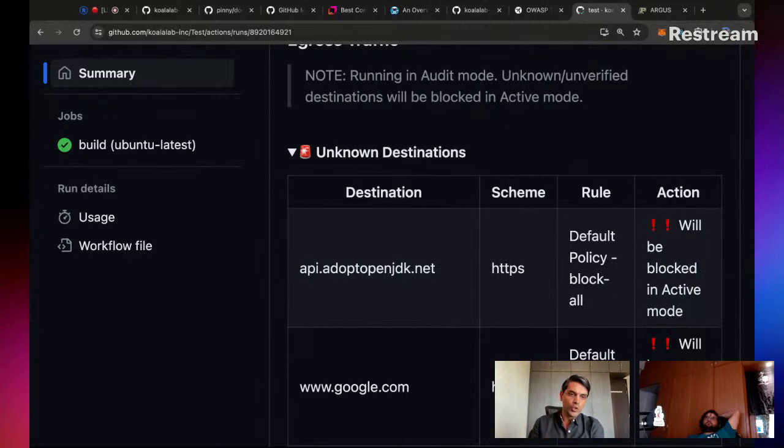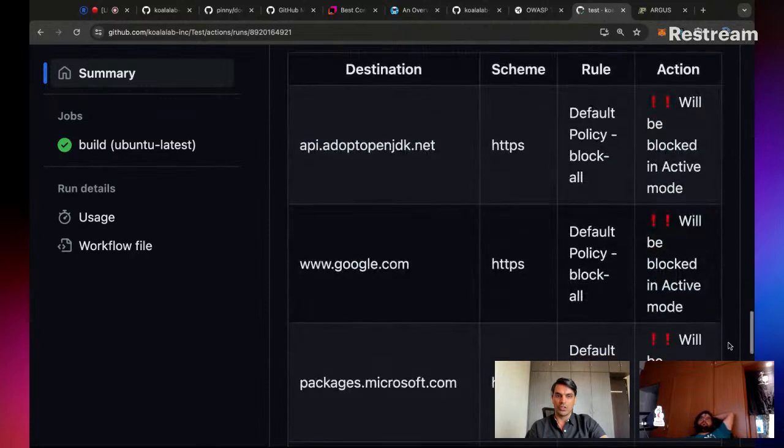If you don't know what to whitelist and what not to whitelist, Bolt will let you run in audit mode so that you can get a list of all the destinations that your workflow is reaching out to, and based on that, it will create a log for you. As we can see here, we ran in audit mode, and if it would have been running in active mode, it would have blocked all these calls, and depending on how the action itself is implemented,